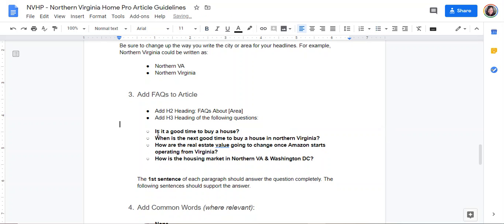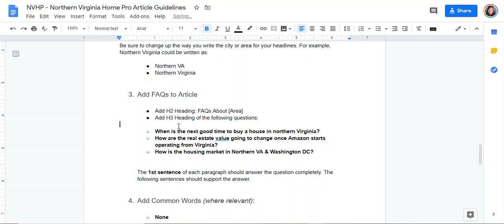Is it a good time to buy a house? It's okay, but it really doesn't relate to that article. The next question is better. When is the next good time to buy a house in Northern Virginia? So I'm going to take that one out because it's kind of redundant. We just want to make sure, even though we're pulling the questions directly from Google, we want to have the right